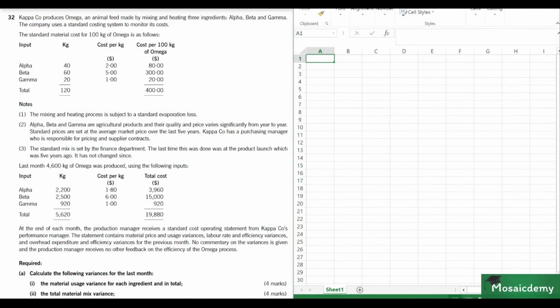Hello everyone, and how are you all doing today? So today we're going to be doing yet another past paper question for the ACCA Performance Management exam. The question we're doing today is from the December 2018 past paper. It's a Section C question, number 32, and it's about material variances, basically material usage, material mix, and material yield variances,